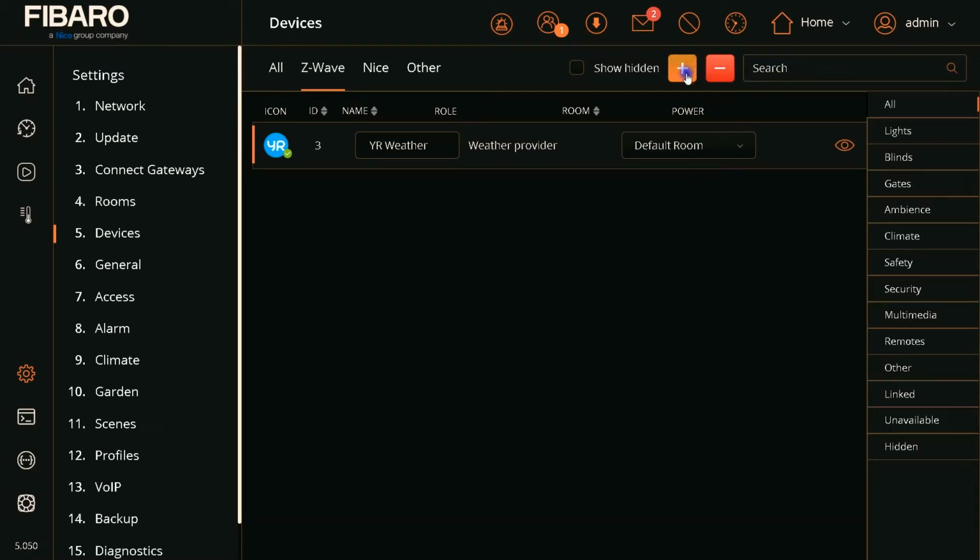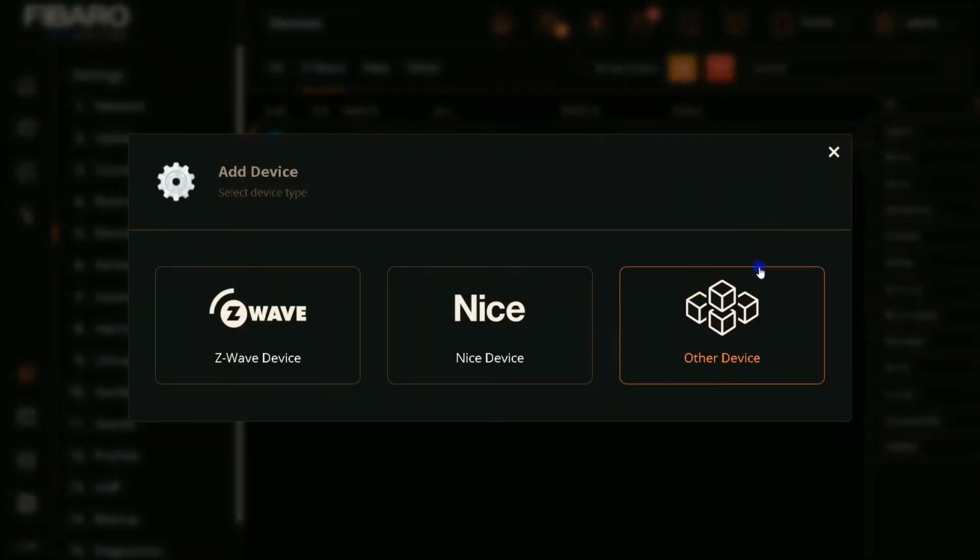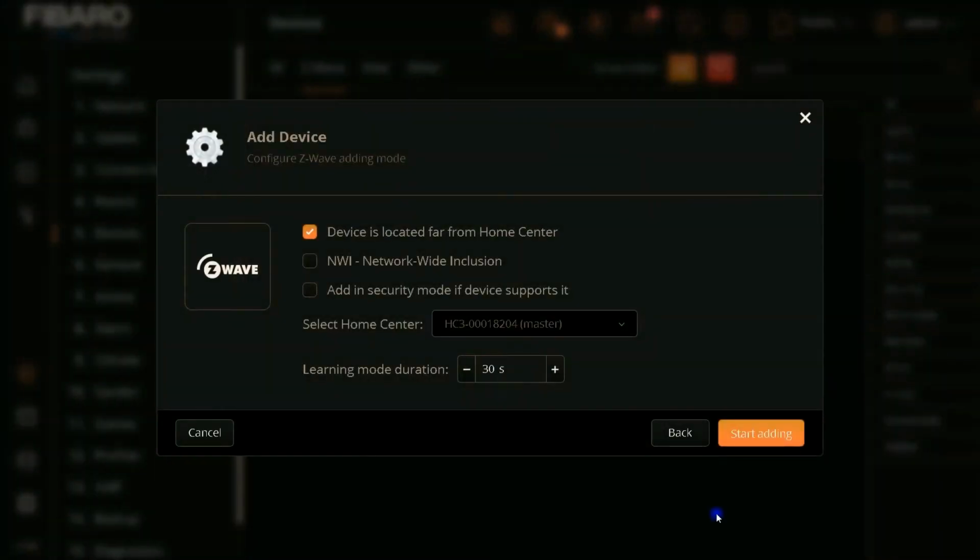I click on the plus sign, plus in orange color, to add devices to HC. Then I select Z-Wave device, as I'm going to add a Z-Wave device to my gateway. I check network-wide inclusion. If your device supports security mode, you can check it too. By clicking on Start Adding,